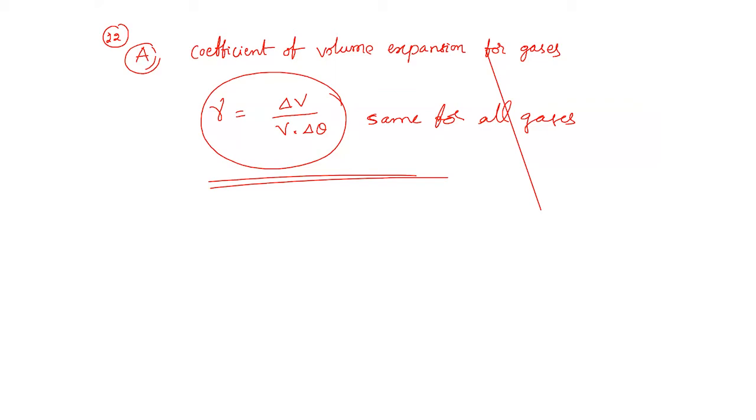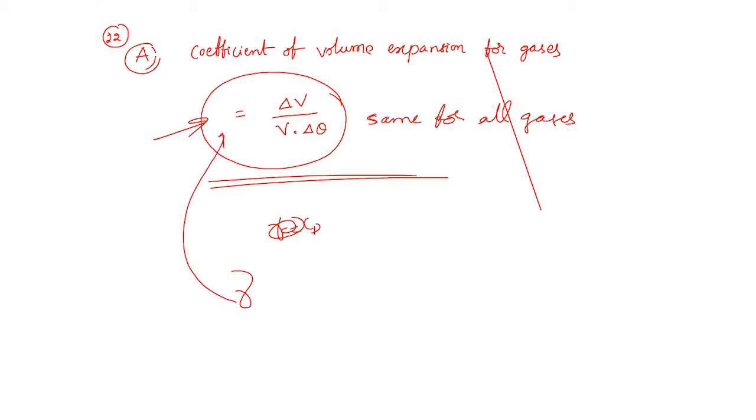Gamma is Cp by Cv. That is different. Gamma is different. Don't confuse this gamma with that gamma. Gamma is Cp by Cv. For coefficient of volume expansion also we use gamma, right? This gamma is that gamma. Expansion gamma, not Cp by Cv. Or else use a different symbol. Use which symbol you want to use. For volume expansion, which symbol we use? Gamma, right? That gamma I use it here.